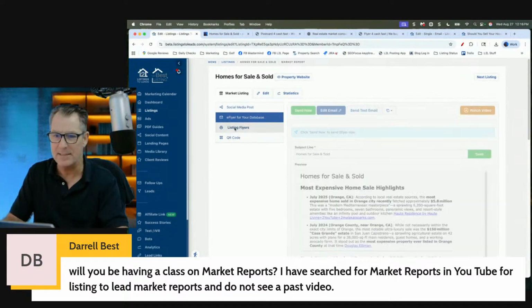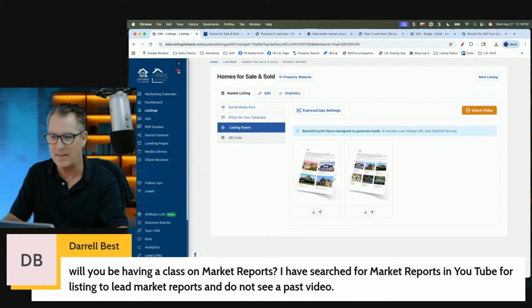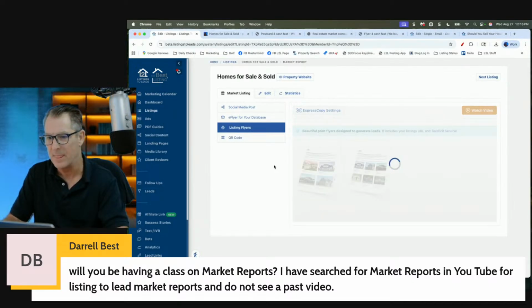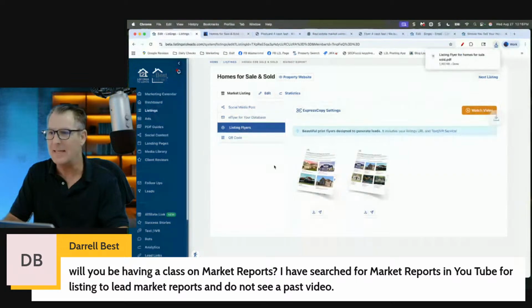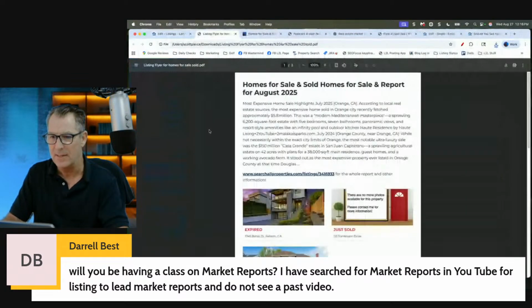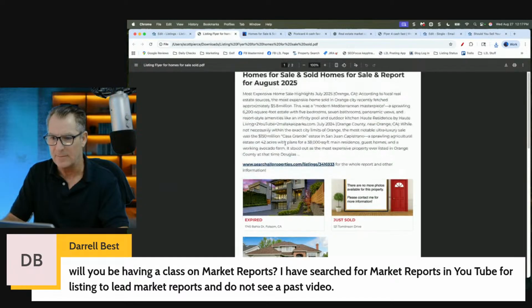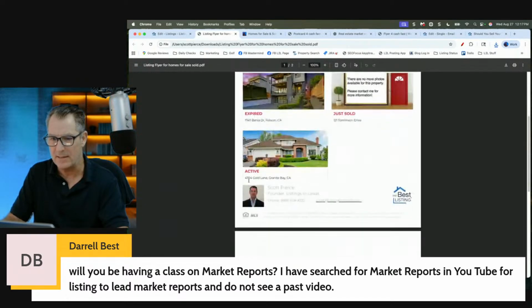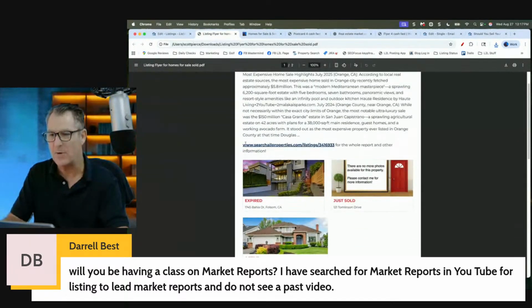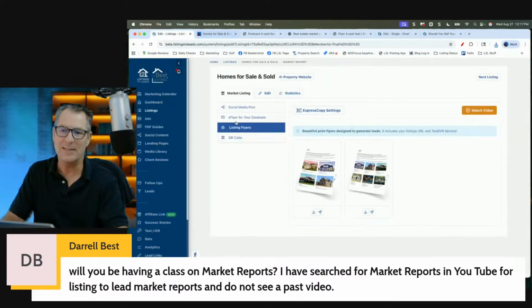E-flyer for my database, listing flyers. God, let me see what this looks like. I haven't looked at this in so long. But I think this could be something where we could do a lot better. Oh yeah, right there. Yeah, those are listings. We should actually have a QR code on here. A QR code would be better. But yeah, so Daryl, hopefully that